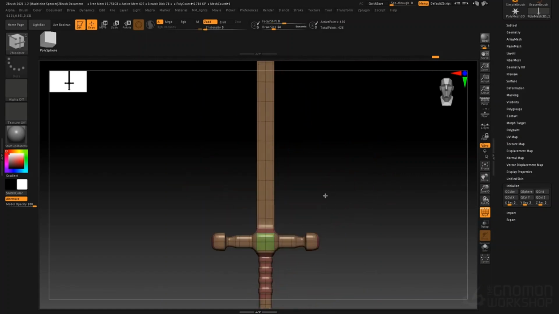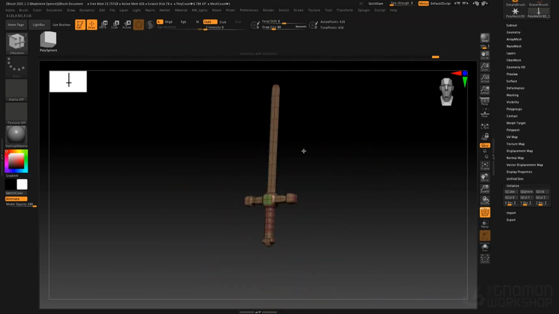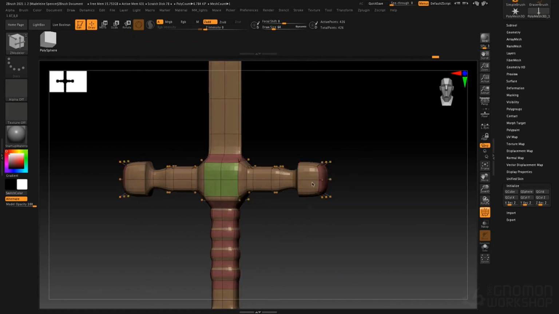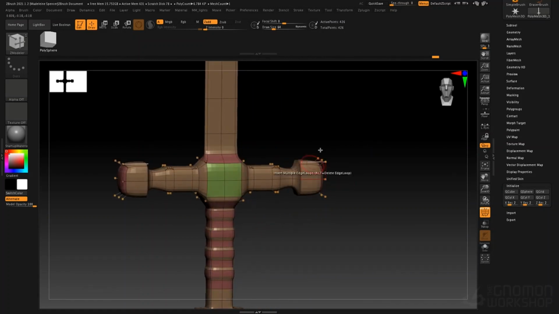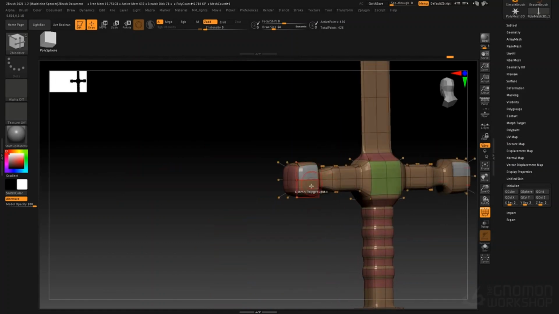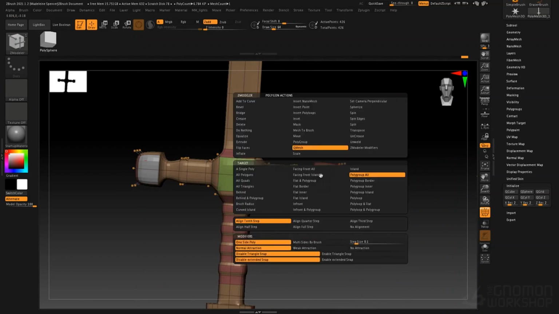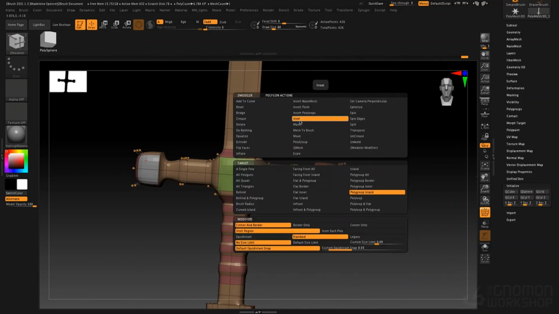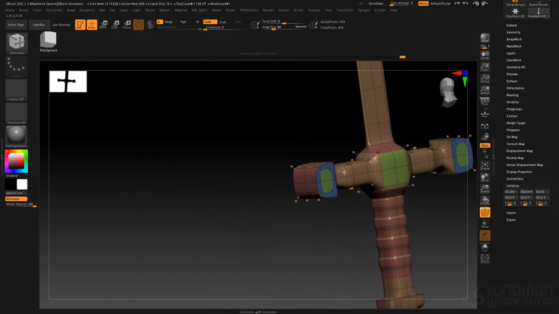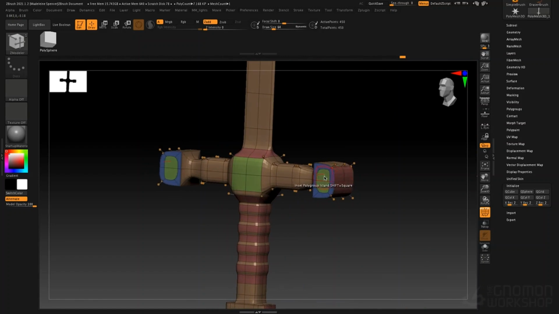Cool. So let's go ahead now and put a little bit more detail onto our handle here. If I wanted to make some changes, say, to the hilt, the crossbar of the hilt, we can add some more detail to this. I'll just Alt-click these faces. I will select the face, go to Inset, and Polygroup Island, Center and Border, and I make sure that we're insetting a region. So I've got these regions now, and then I can QMesh